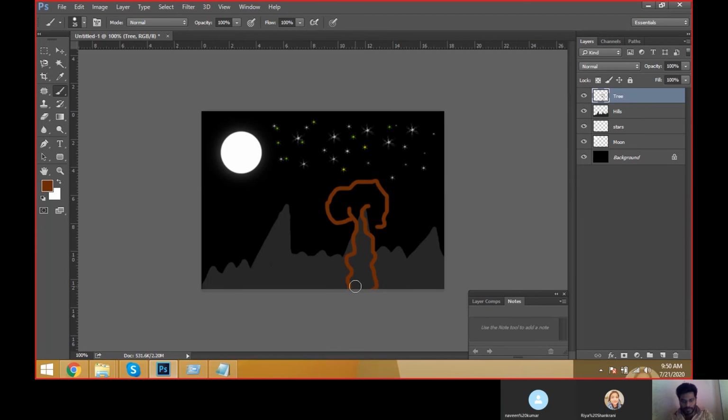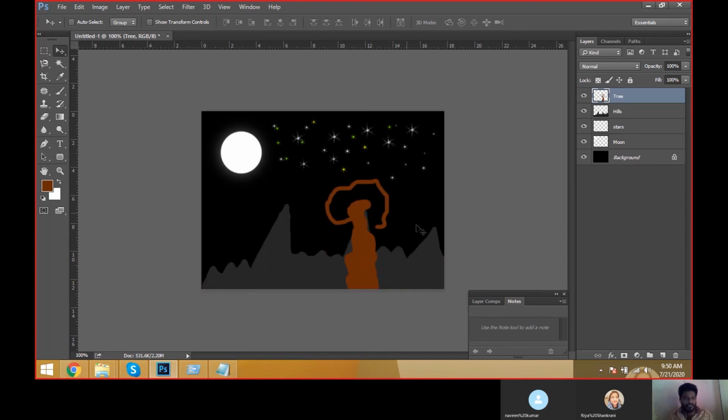Now increase the brush. Take a move tool. Now we can move it.